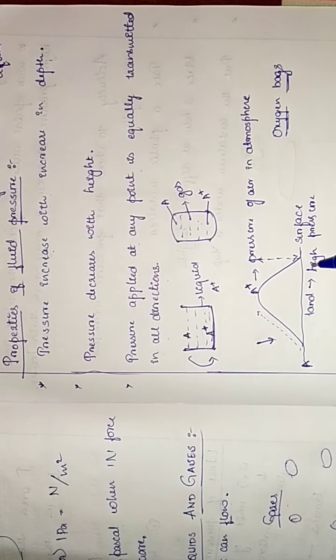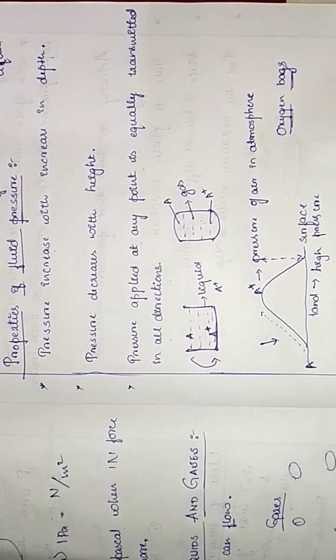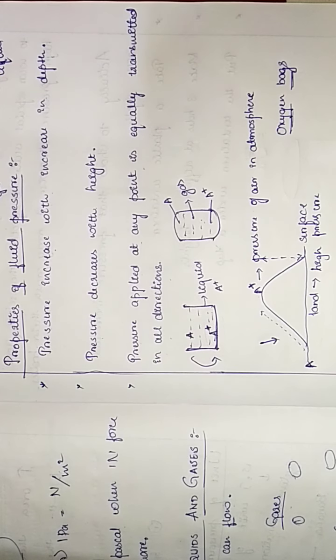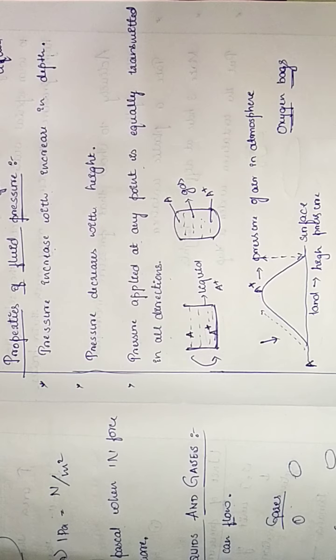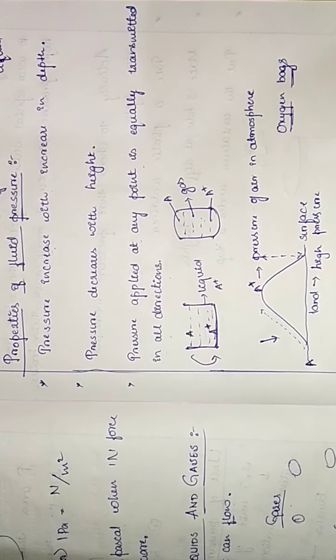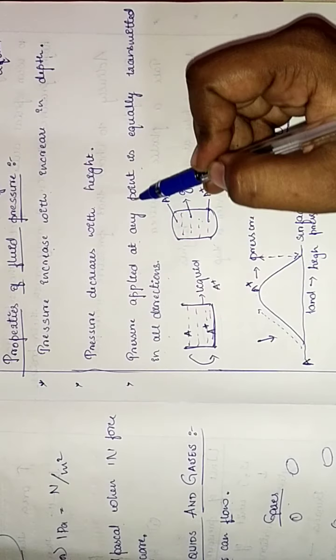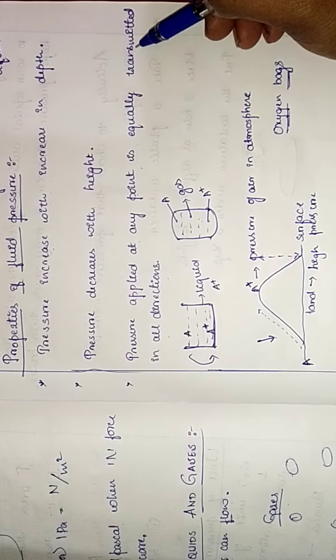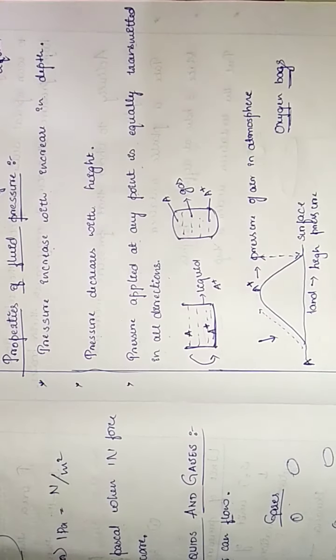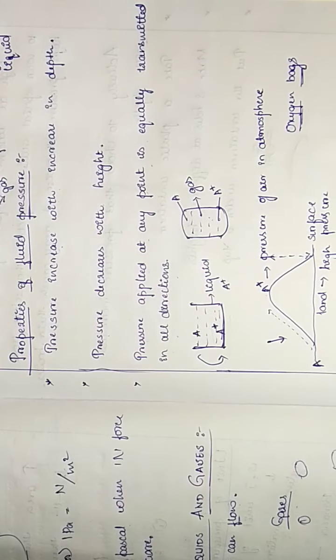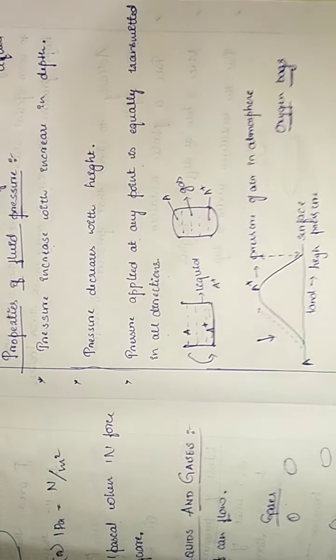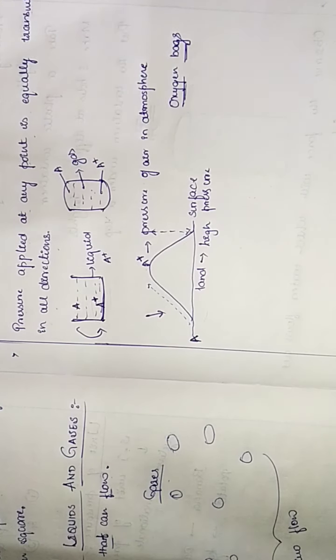Got it, children? Pressure will be high at the bottom of the surface. So this is to prove the property of fluid of pressure by the second point. So now let us study about the third one, that is pressure applied at any point is equally transmitted in all direction. So it is equally transmitted in all direction. To prove that, let us take a